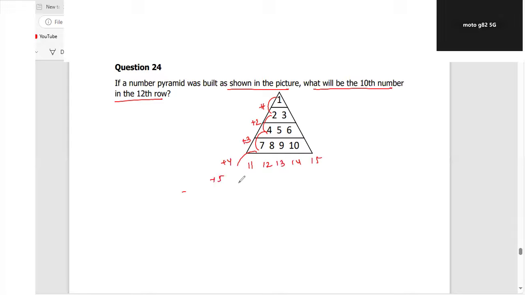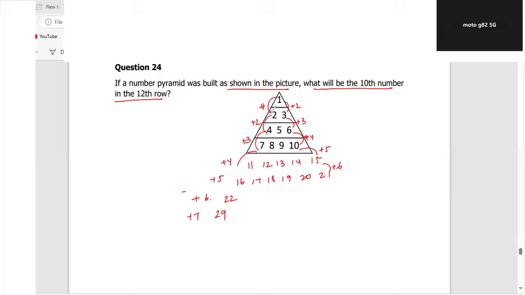Then this will be a +5. So it will be 16, 17, 18, 19, 20, and 21. So if you see here, it's going like this only. So you have +2, +3, +4, +5, +6. So this is +1 like this. So you'll have +6, which will be 22, and +7, which will be